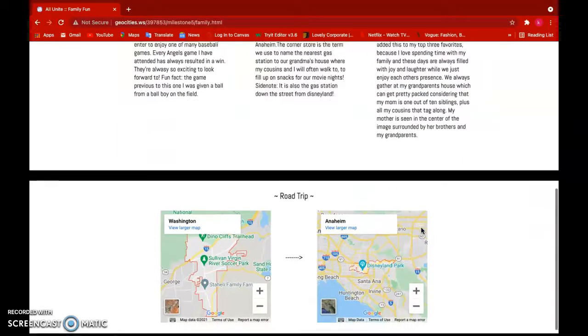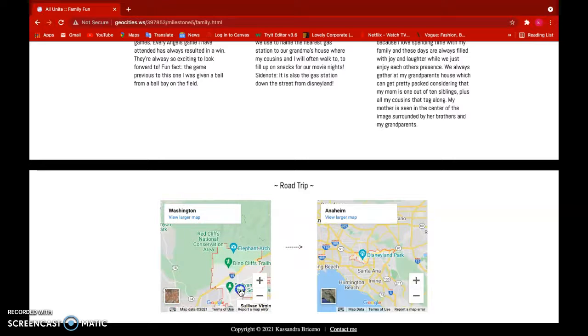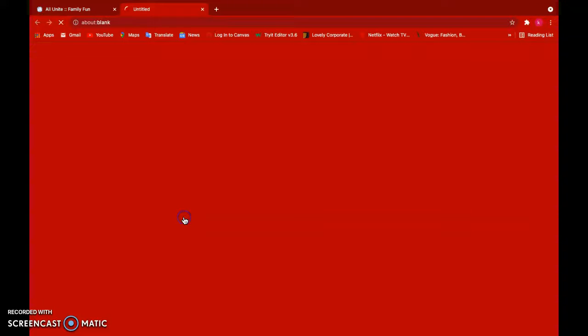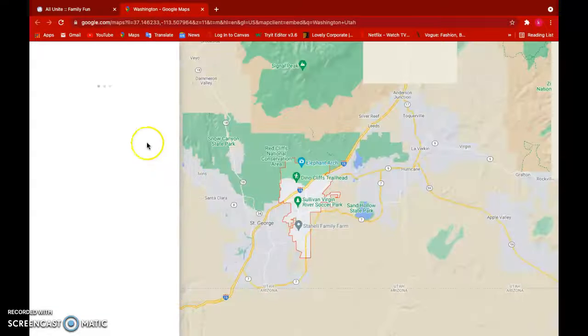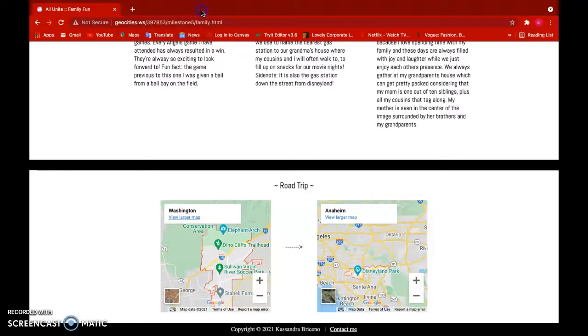Down here is another proud moment of mine, but it was also very simple and easy to do after viewing that video from one of our homeworks, I believe. I really like it because the user can just go onto it and mess around with it without having to go directly to the source. However, if they choose to, they are able to do so, as you can see. And yeah, that was really cool to do.